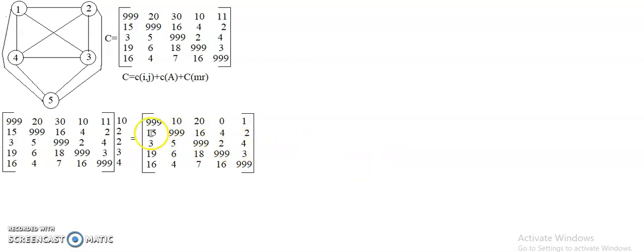Now I need to start from the second row. Instead of 15, this value will become 13. So this value will also change.